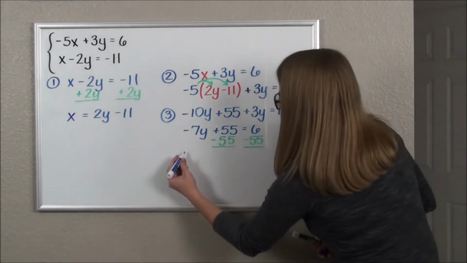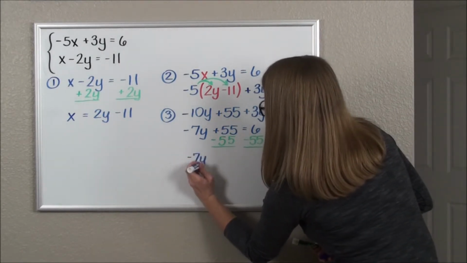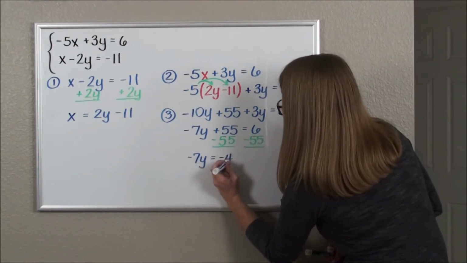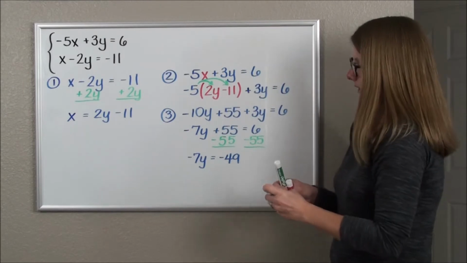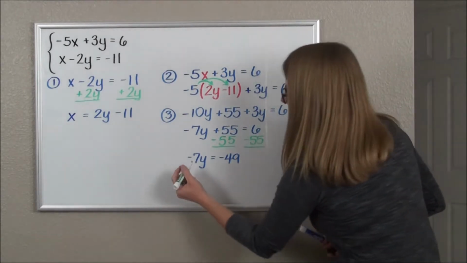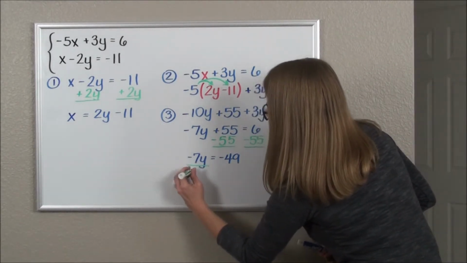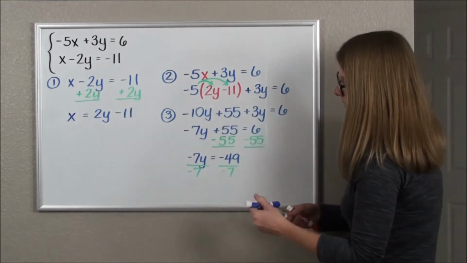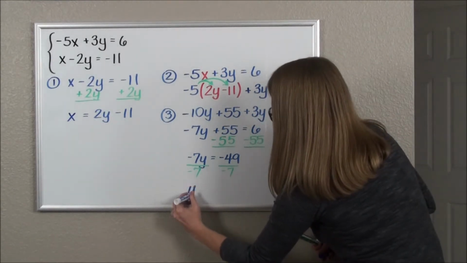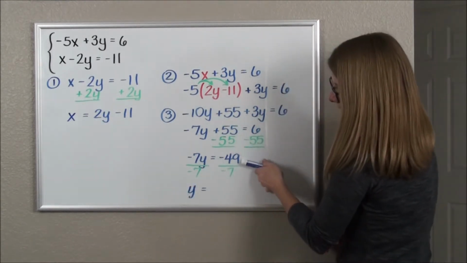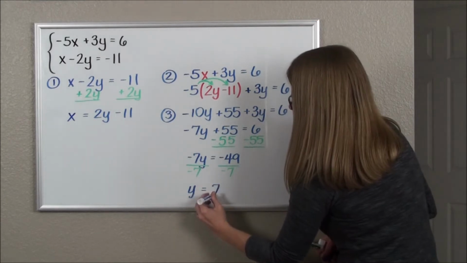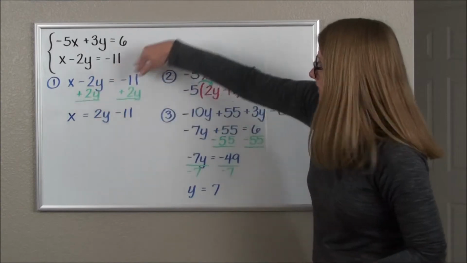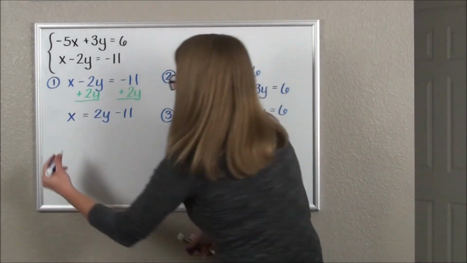Then we're having -7y on the left. And then on the right, 6 minus 55 is going to give us -49. Last step is to isolate y using division. Since that -7 is attached with multiplication, we detach it with division. And so now we have y on the left, and then on the right, -49 divided by -7 is a positive 7. So we figured out what y equals, but again, we have to come full circle to our step